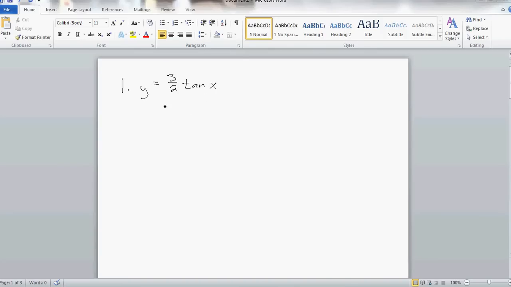And so if I draw my graph, notice the same thing is going to apply, and we're going to still continue with 2 pi and pi. Now for tangent, we notice that the vertical asymptotes occur at the halves, at the pi over 2, the 3 pi over 2, so on and so forth. Okay, now a normal